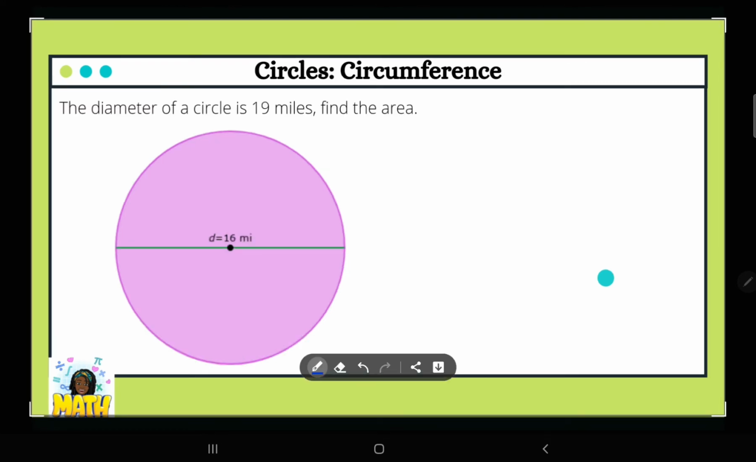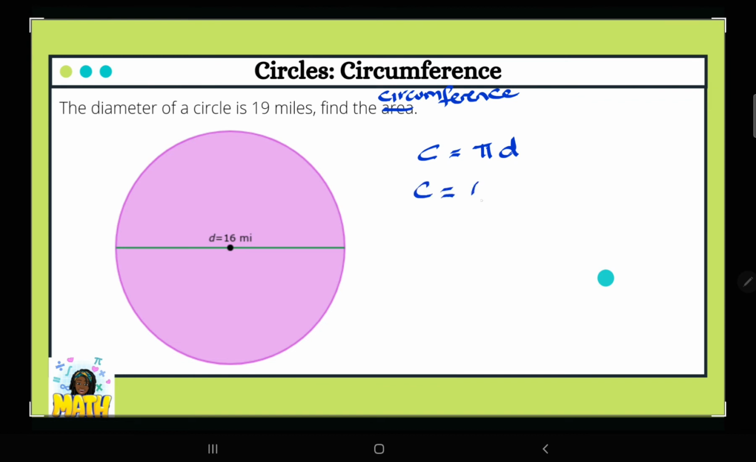The diameter of a circle is 16 miles. Find the circumference. So for this example, we're going to use C equals pi d because we already know the diameter. If you wanted to use C equals 2 pi r, you could. So let's go ahead and substitute in our values. So for pi, we're going to use 3.14, and for the